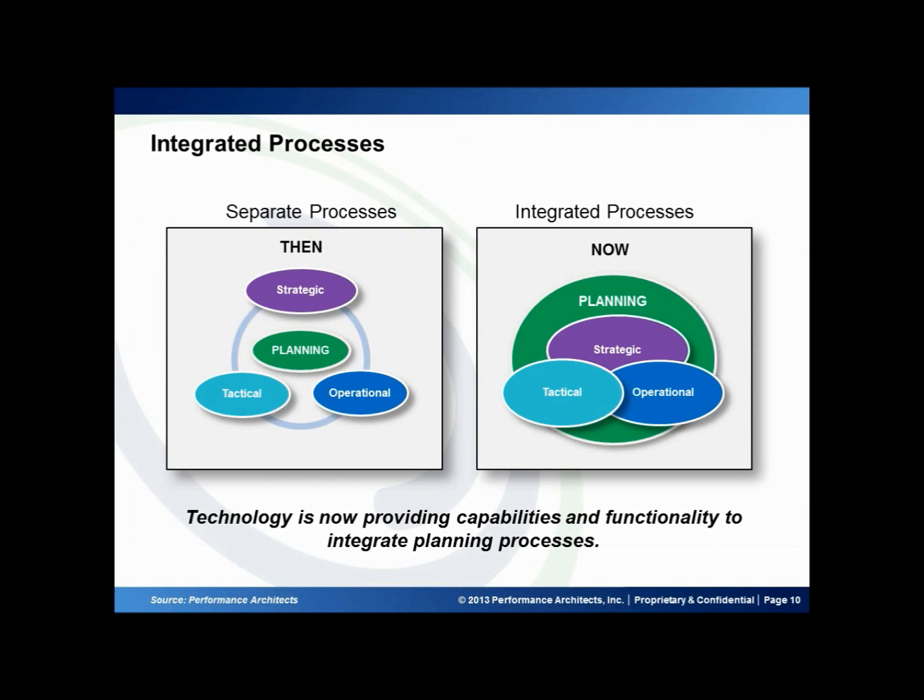So traditionally, these types of planning have always been viewed as separate and disparate processes, each being executed separately, often by different offices in an organization and with different tool sets. What we're seeing today is that these processes are becoming more integrated. Organizations are now better able to integrate these processes across the same personnel and the same tool set. And the evolving technology has been a big part of this trend. What we'd like to cover today is showing the various planning approaches and how business practices and technologies have allowed these items to become much more integrated.